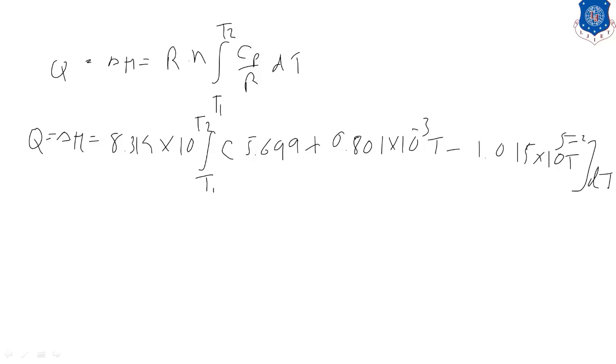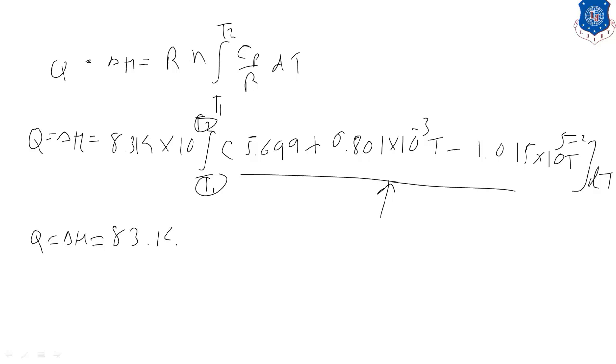Now let's put all the values and integrate this term. Putting value of T1 T2 and integrating this term, we will get Q is equal to delta H is equal to 83.14. If we multiply this 8.314 with this 10, it becomes 83.14, and integrating this term we will get